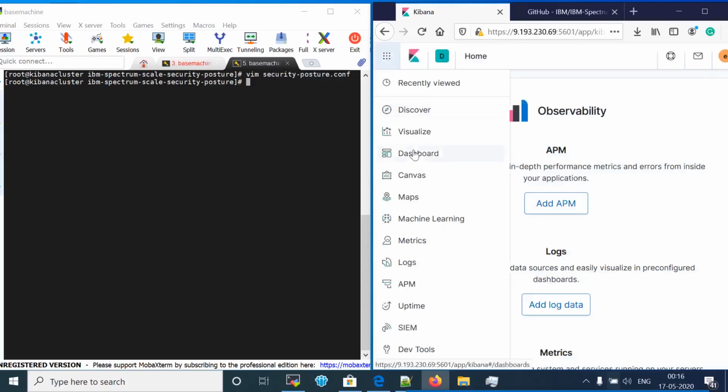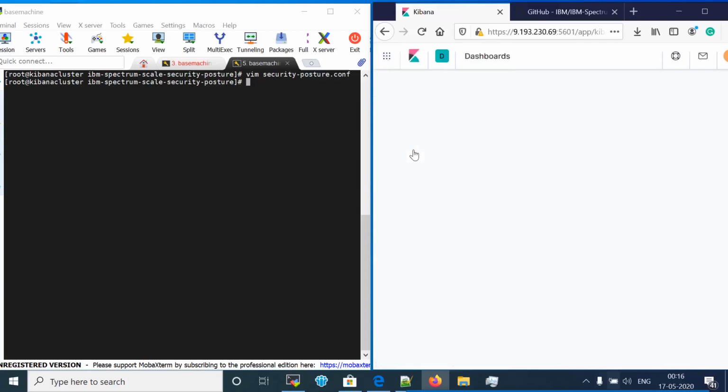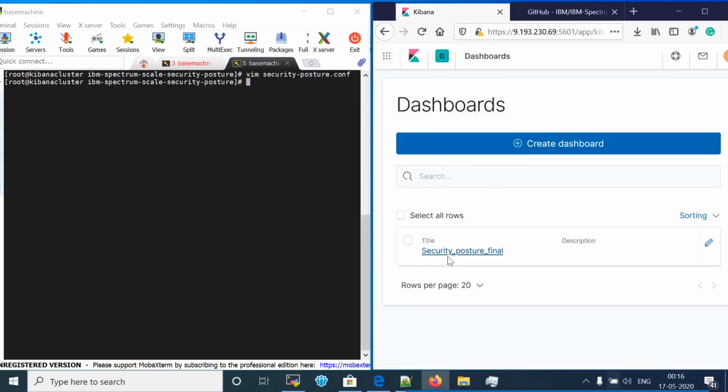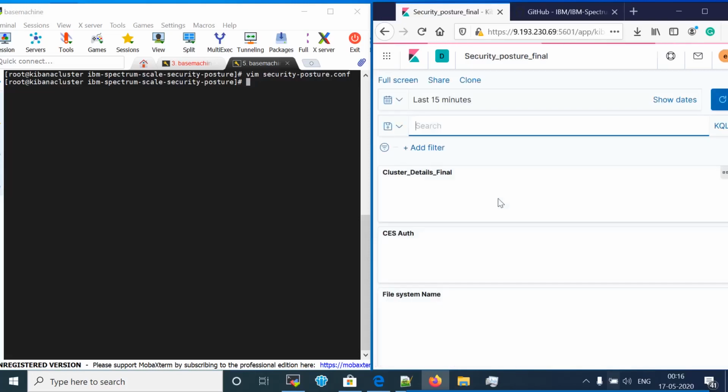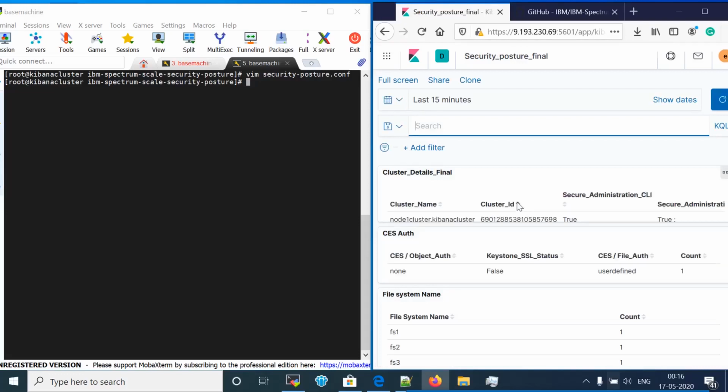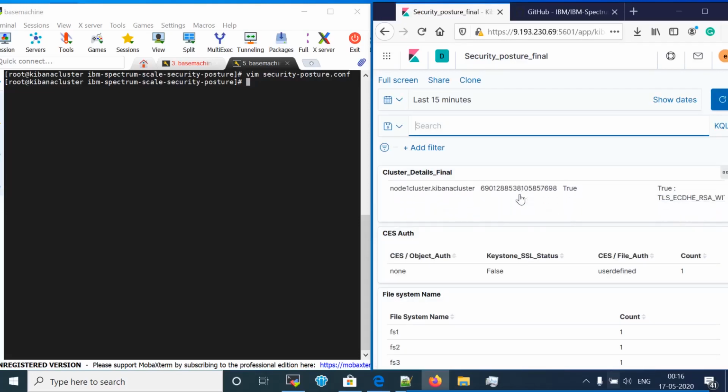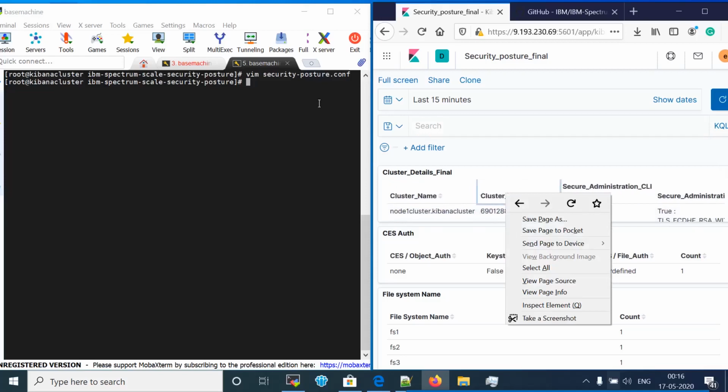After the Kibana is opened, we need to open the dashboard. In the dashboard, select the security posture final dashboard. First, it will show us the details of the cluster.